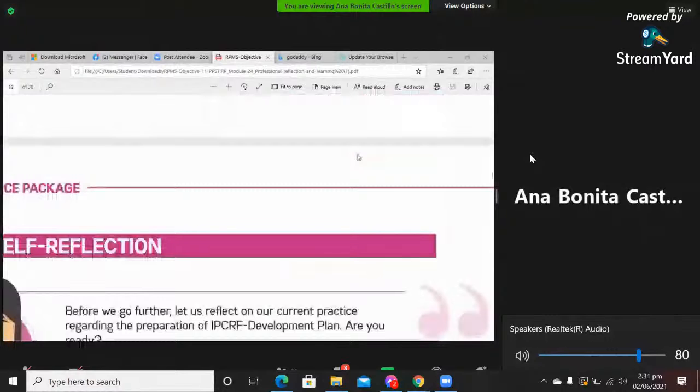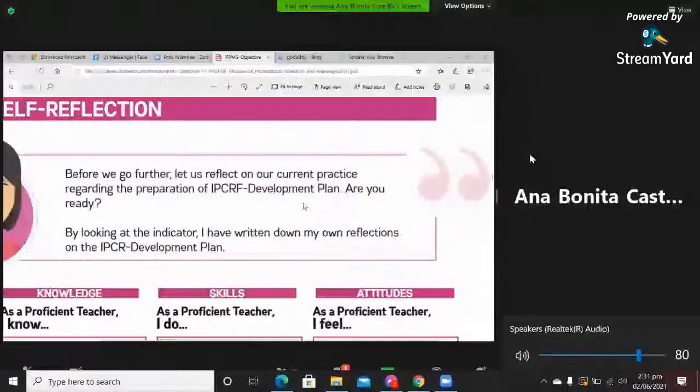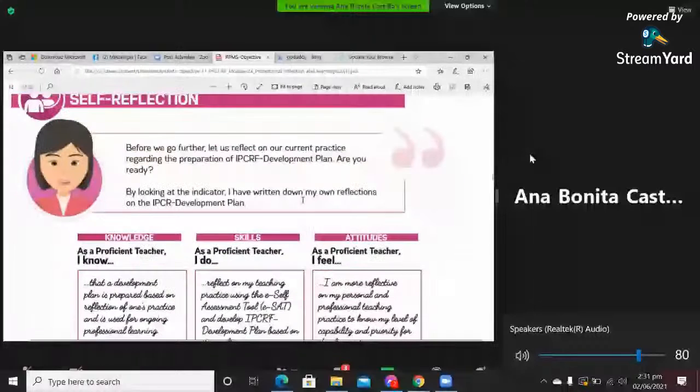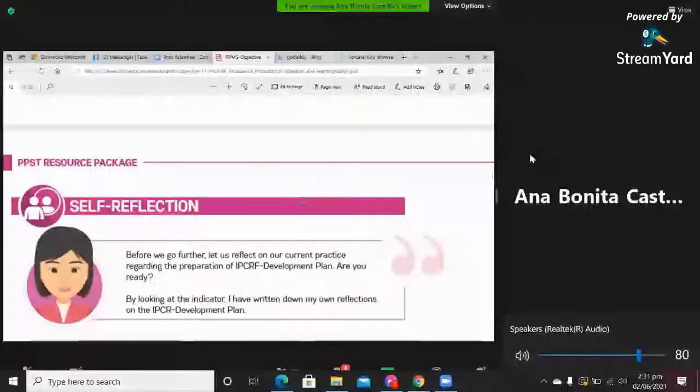Before we go further, let us reflect on our current practices regarding the preparation of the IPCRF development plan. Okay, are you ready? Kailan ba tayo dapat mag-start ng paggawa ng IPCRF natin? By looking at the indicator,